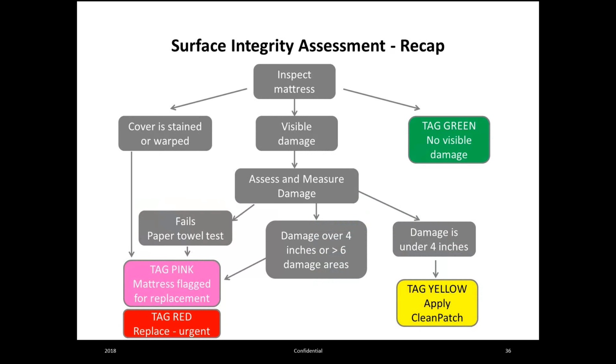So let's do a quick recap on Module 2, the Surface Integrity Assessment. You're going to inspect the mattress. If you find that the cover is stained or warped, immediately it's a pink or red mattress for replacement. If you have visible damage, there's no staining or warping, you then look at the